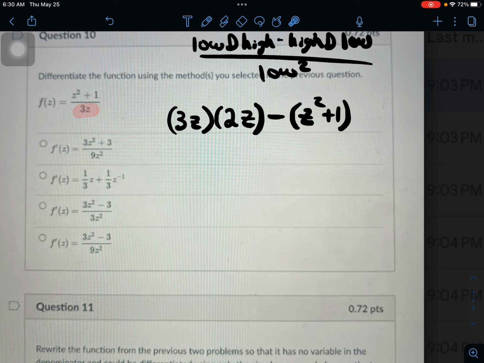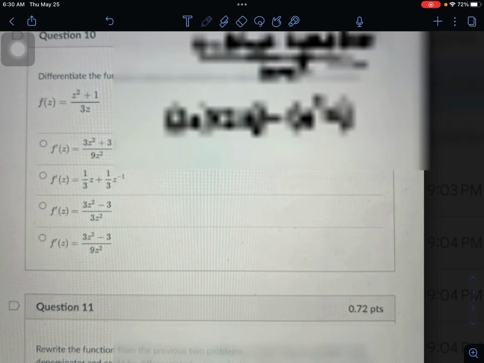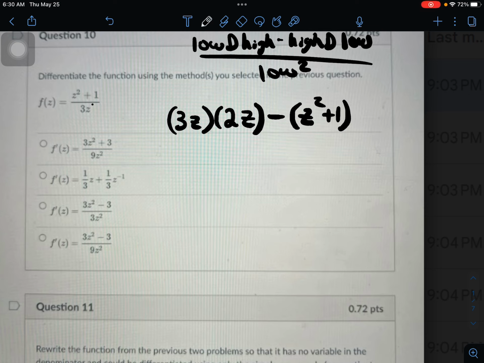Derivative of the bottom: if you just have a number times a variable and your exponent's 1, because if you don't see an exponent, it is 1, the derivative is just the 3. You can ignore that z. Your derivative is just 3. That's your d low, all over low squared, which is your bottom, 3z